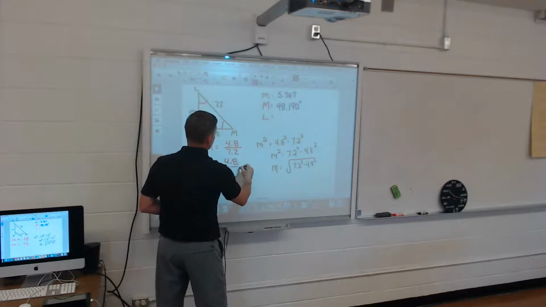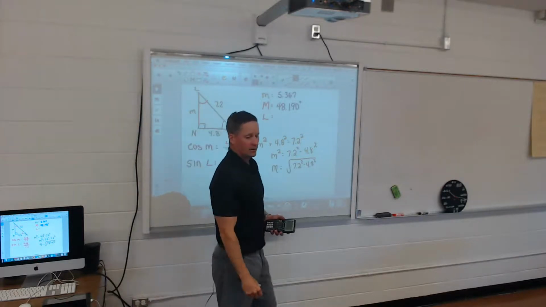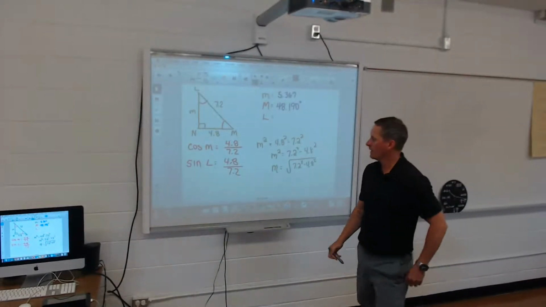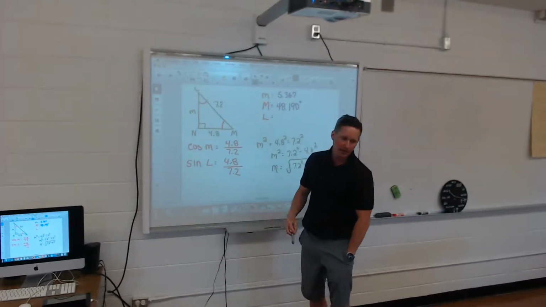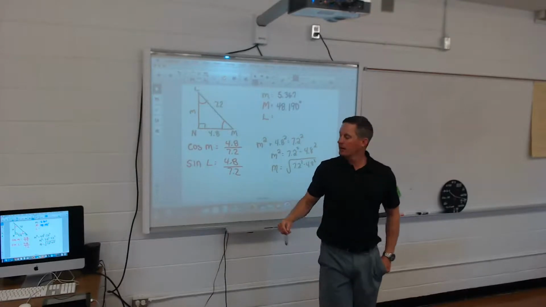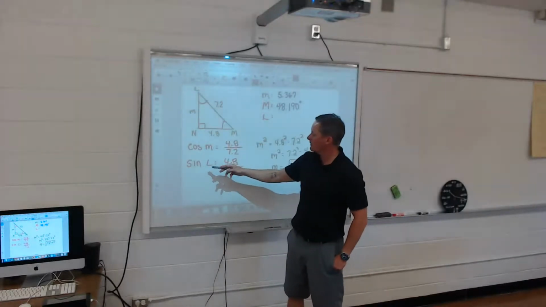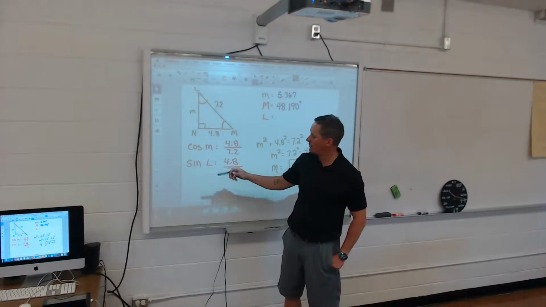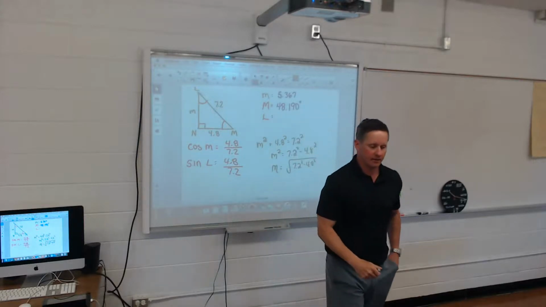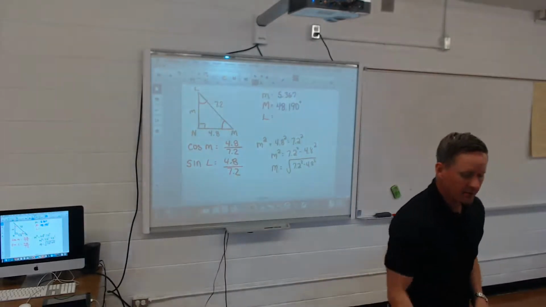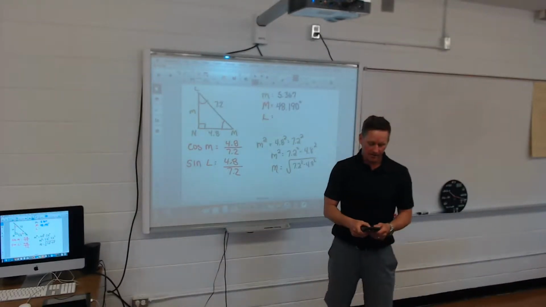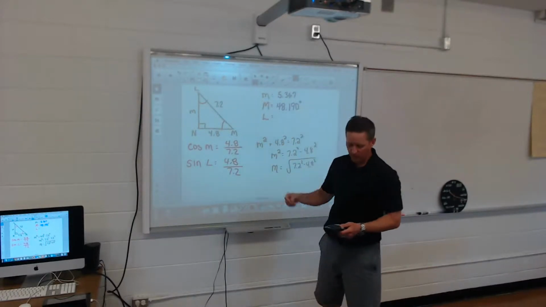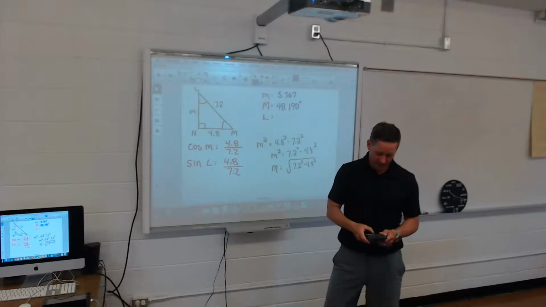The ratio is great for us because we know that we're doing things right, the ratio is the same. It's still 4.8 over 7.2. The difference being, because I'm talking about L, the 4.8 over 7.2 is the opposite over hypotenuse, which is the sine of this. And again, because I'm looking for my angle,